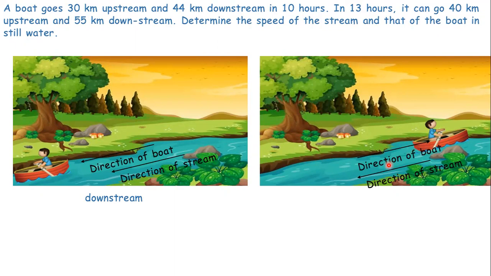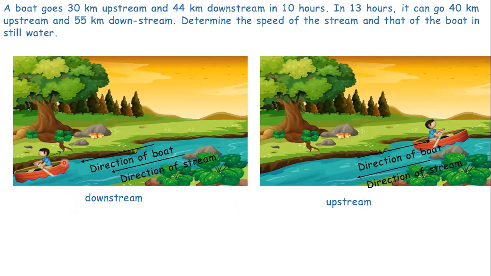Observe here, the direction of boat and direction of stream are opposite in direction. Here boat will travel against the stream. This is called upstream movement of the boat. In which case boat will have more speed? Yes, you are right. In downstream, boat will have more speed because boat is traveling along with the stream. In upstream, boat will have less speed because boat has to travel against the stream.